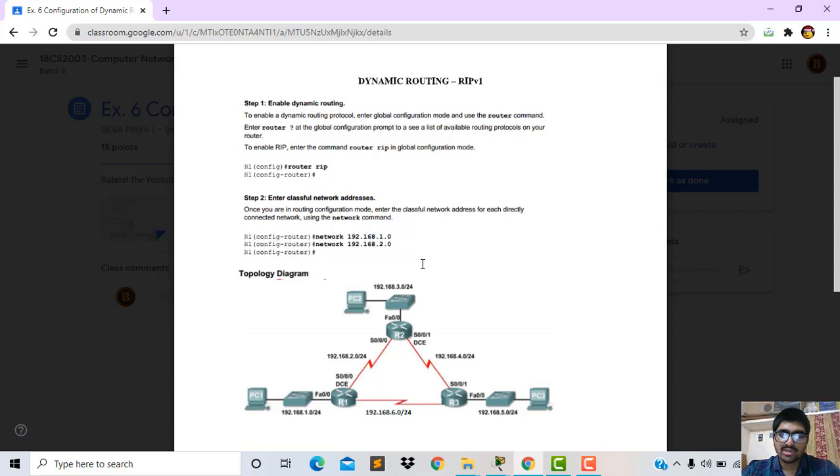Routing Information Protocol finds the best path between the source and destination network. This router rip is the command for dynamic routing, which chooses the best path from the source to the destination network. Now here we are assigning the networks to that router.